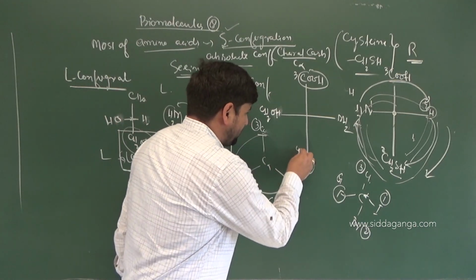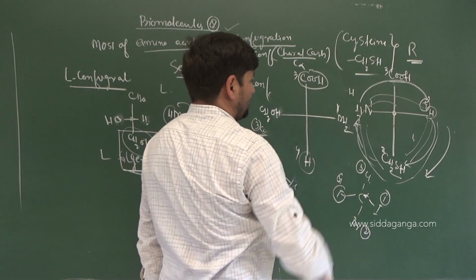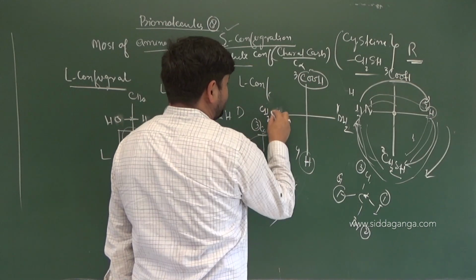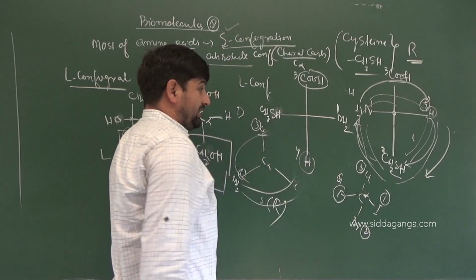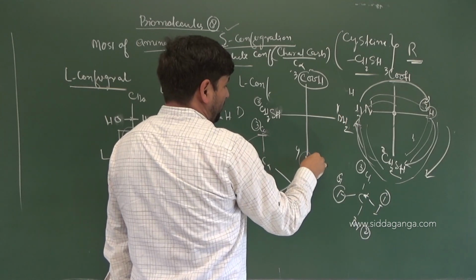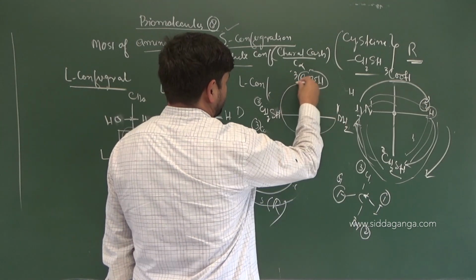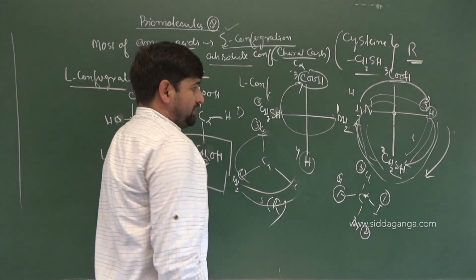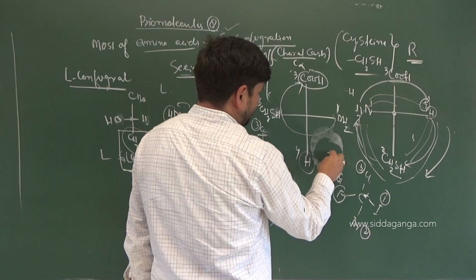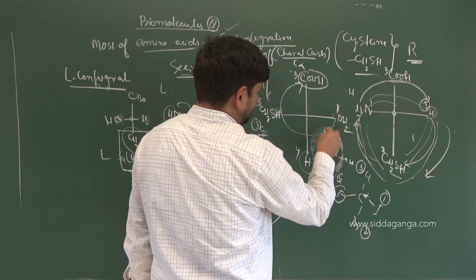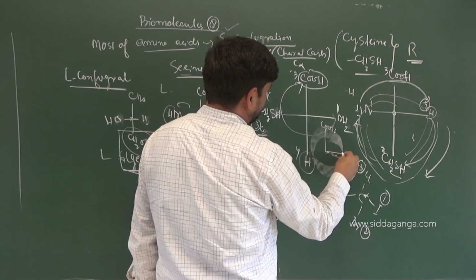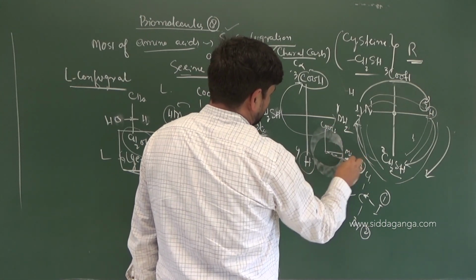So this is 4th, right? This is 1. After rotation, what does this become? Sorry, not CH2OH, CH2SH in cysteine. Correct or not? This is 1, this is 2, and this is 3. Now, this is going away from the viewer or not? Now have a look. How am I going? It's clockwise or anti-clockwise? It is clockwise. So if you can break it away and it's going away from you, so we'll have positions like this. So that bond is going away from you. This is which one? Hydrogen. Here which one? COOH. This is going away from you. Here which one? NH2. And here which one?